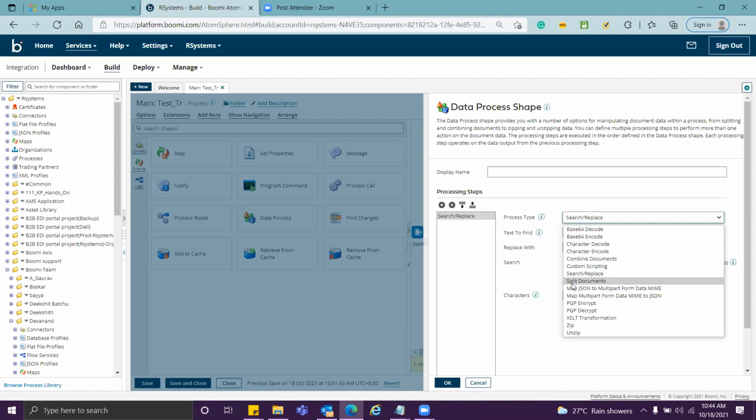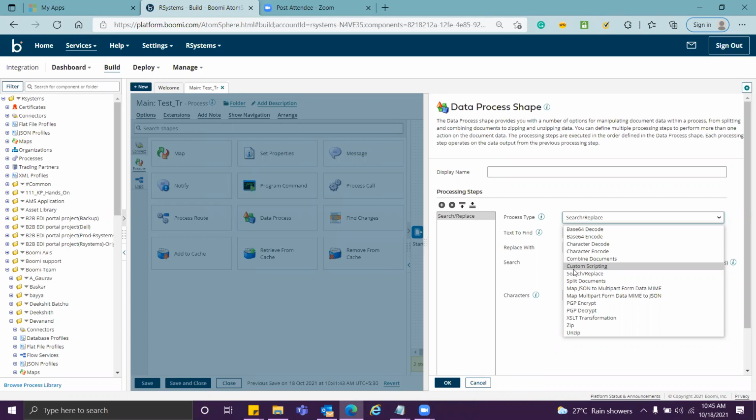I mean, that's what you can do. Now, in the majority of the cases, what we use is combine documents, when we have a flat file coming from the map shape and we have to send it somewhere. Custom scripting is the case where there is something that cannot be done using these shapes, and we still want to do it, so we can have a custom scripting to set those things.